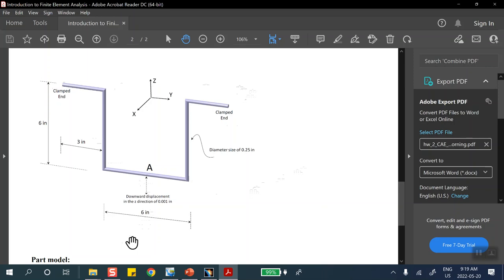Okay, rotations are important here. Now remember, if I took this thing and pushed it in some other direction, all bets are off. There is no symmetry. If one end was clamped, the other one was not clamped, and I was pushing down, no symmetry. If this diameter was different from this diameter, no symmetry. Okay? Now, if you don't use symmetry, first of all, you lose some marks, but it also tells us that